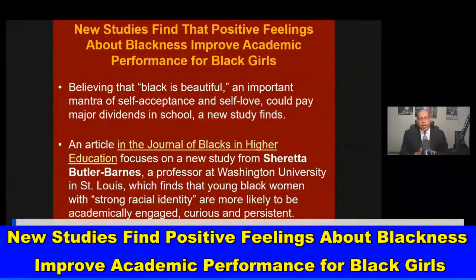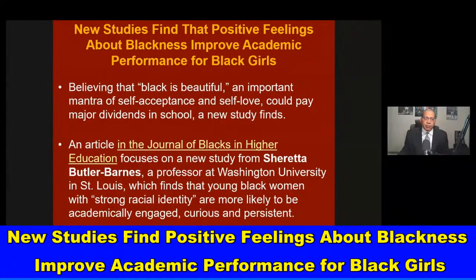This study right here deals with how positive feelings about blackness improve academic performance for Black girls. This is why this type of information is so important, not just for African Americans, but also for our youth. Believing that Black is beautiful, an important mantra of self-acceptance and self-love, could pay major dividends in school, a new study finds. An article in the Journal of Blacks in Higher Education focuses on a new study from Sharita Butler Barnes, a professor at Washington University in St. Louis, which finds that young Black women with strong racial identity are more likely to be academically engaged, curious, and